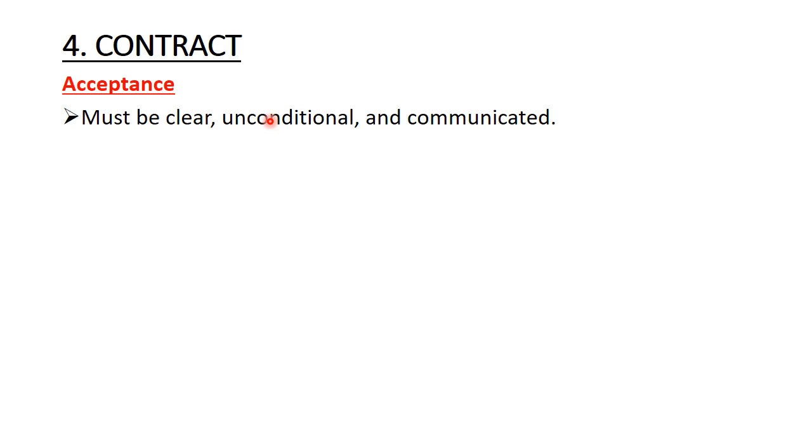you can give a proposal to the party that has given you the offer that maybe you can sign this contract at the month end, or maybe some terms should be changed. Some terms should allow you to be paying at the month end. So there should be no condition attached to the acceptance. Acceptance must be yes or no. That's all. And it must be communicated.